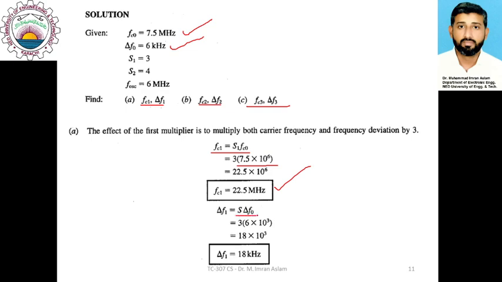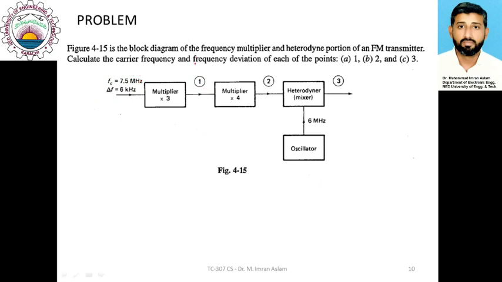Similarly, the frequency deviation would also get multiplied by the multiplication factor of 3. So the frequency deviation at stage number 1 would come out to be 18 kilohertz, because we have 6 kilohertz frequency deviation at the input side. Now we know the frequency deviation and the carrier frequency at stage number 1, and using these values we can calculate